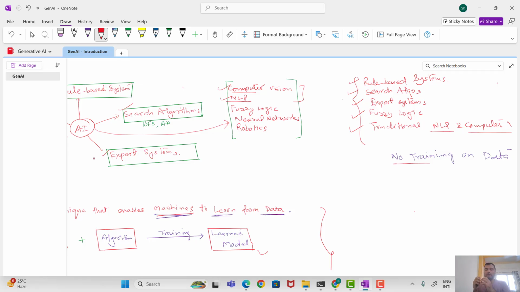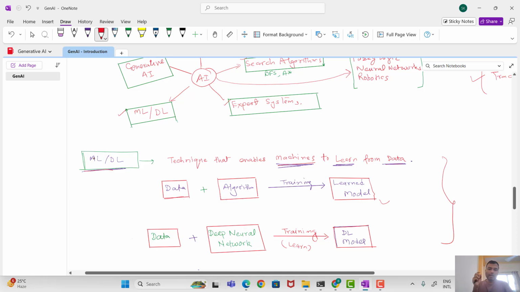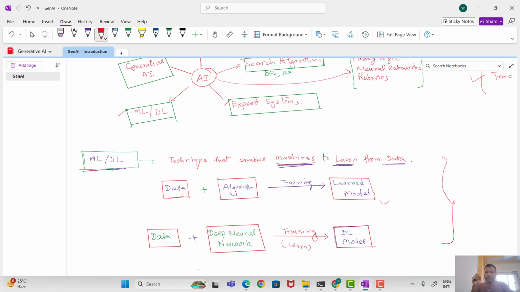That makes a machine understand and learn from the data. That was the era of machine learning. Okay, so machine learning is something where any machine or any model or any system can learn from past experience. Here by experience we are talking about the data. As we humans learn from experiences, machines learn from data. Okay, so machine learning or deep learning is basically a technique that enables a machine to learn from the data.